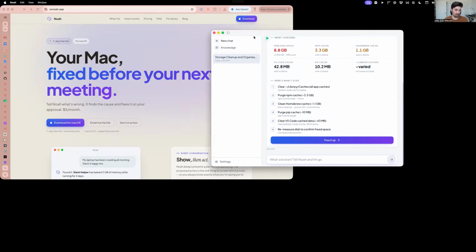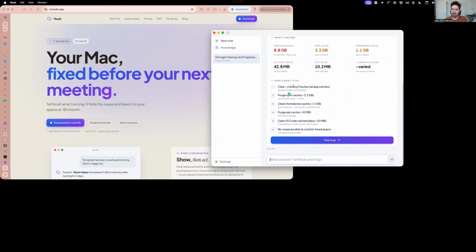Cool. I could see this Clicky being extremely useful for many people. My mom is the first one I think about. I've wanted to build something that's kind of a mix of Clicky and Noah for her, so that when there are boxes that pop up and she's like, should I click on this? This thing popped up. I'm not sure which direction I should go. Or is this spam? That you could just quickly send a screenshot or give something access to your screen and it would tell you which direction to go, tell you if it's spam, things like that. So love that this is starting to make its way out into the world.